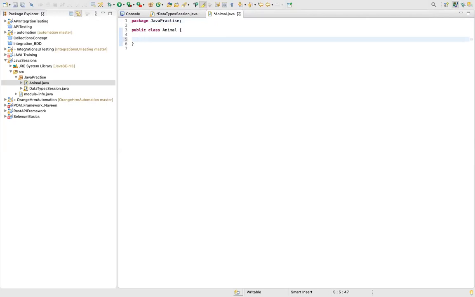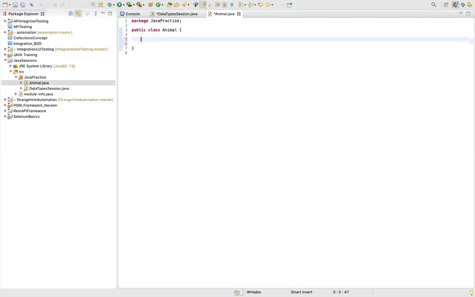So anyway, we have just started with the basics of what exactly a class is, and how everything in Java is dealt with in terms of classes and objects. We have just created a class, and the class name is public class Animal. This is a public class. The class keyword is used to create a class. This is the name of the class. Again, you have to follow the standard naming convention. The name of the class always starts with a capital letter, followed by any word which comes in sequence also starting with a capital. Okay, so now what does a class exactly contain?